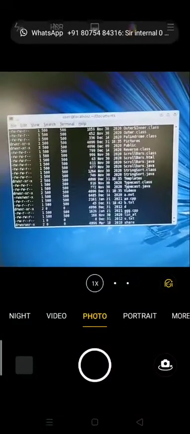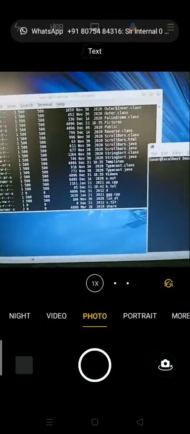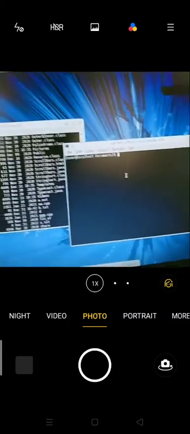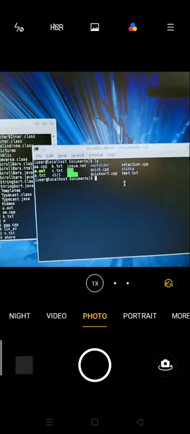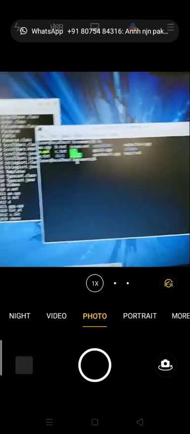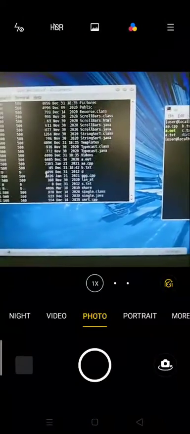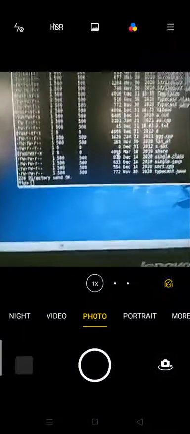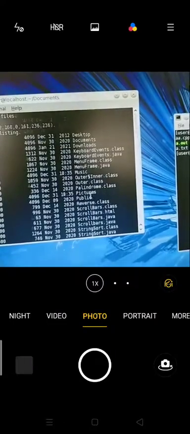Okay, and if you have any doubt, just go to the client system. This is the client system's ls. See, this is the list of files in the client system, and we have to get a file from the server. To get a file from the server system, see any one of the files in the server. See here, so many files are there.